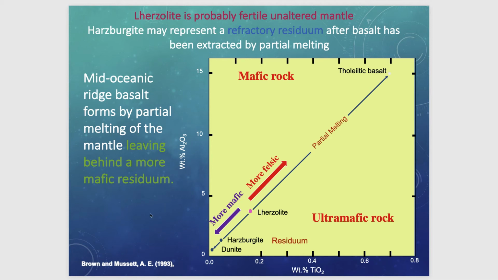So that's how the fractionation increases the amount of trace elements as well as major elements like aluminum. So mid-oceanic ridge basalts will form dominantly by partial melting of the mantle, leaving behind these restitic materials, which are essentially harzburgite and dunite. The lherzolite again is the fertile unaltered mantle,